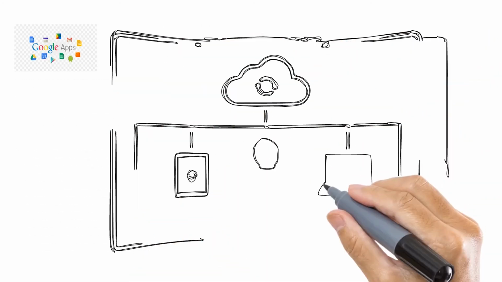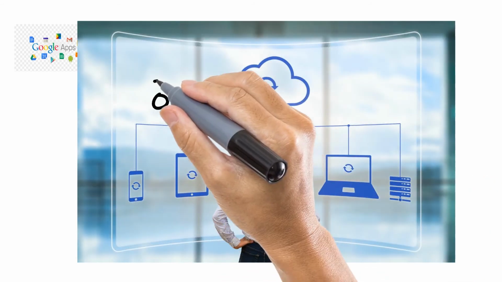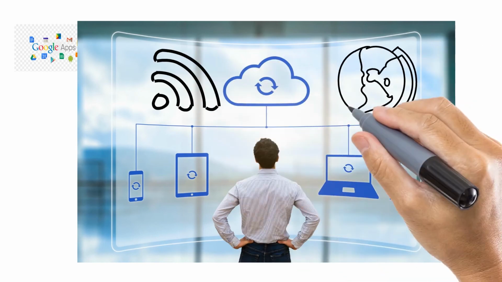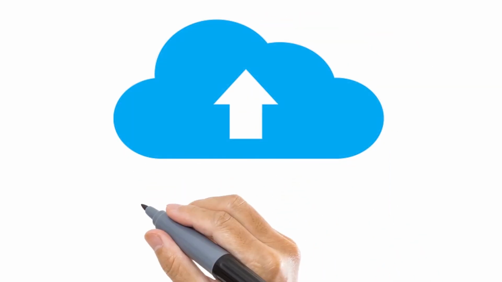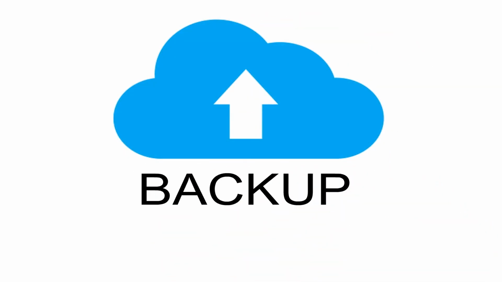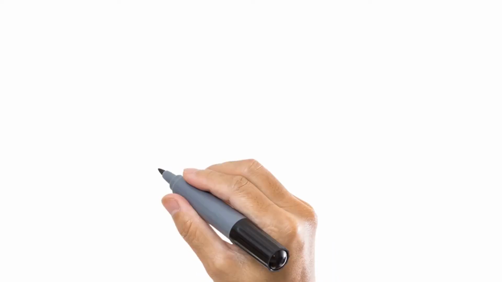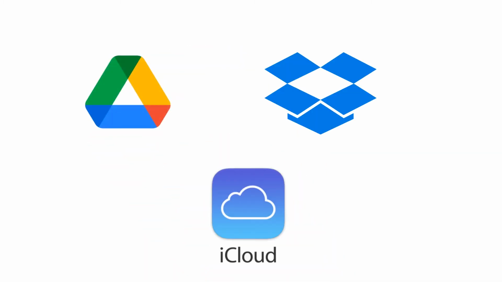In cloud computing, the user basically uses some resources that are not physically available with him to carry out any task, but these resources are connected to the internet and can be used by the user through the internet. This comes in handy because the user doesn't need to fear data loss, because the backup data can be accessed from any part of the world anytime by the user. Some examples of cloud computing are Google Drive, Dropbox, iCloud, etc.